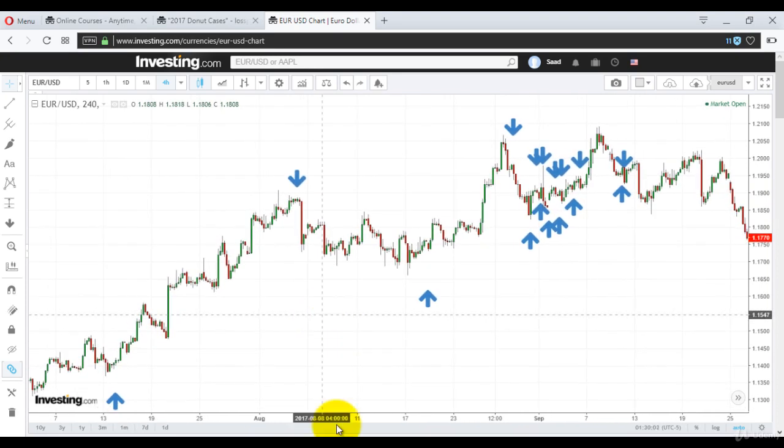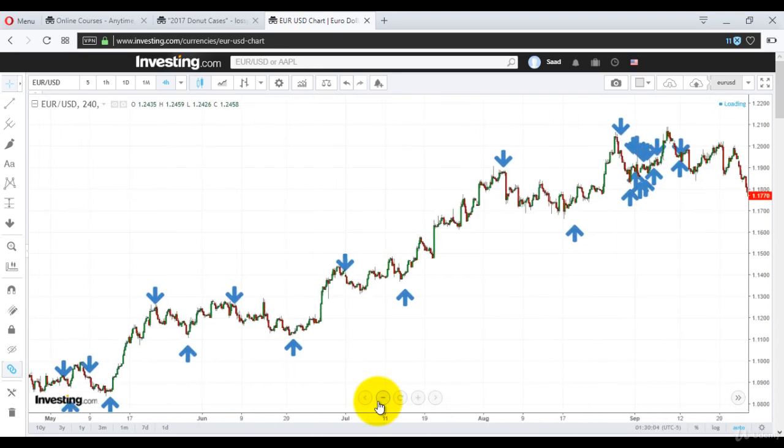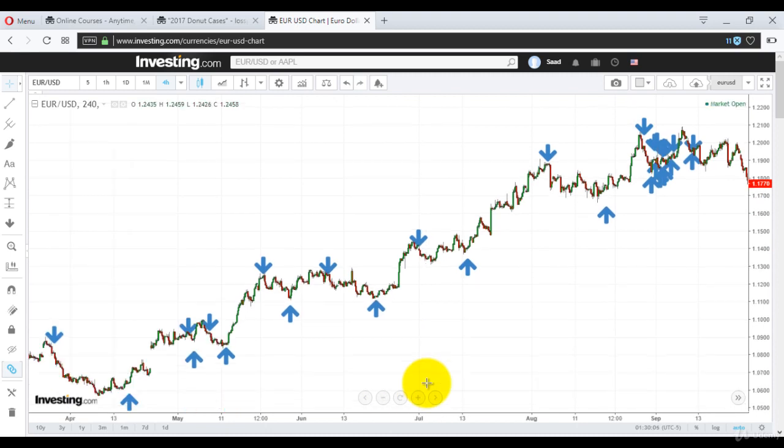Wait a minute. Yep, right here. Let me just zoom out to show you. Now, although you cannot see the colors completely, just look at the biggest gains. This was the biggest gain. This was the biggest gain. This was the biggest gain. Now look at the biggest 4-hourly falls. This is one of the biggest. Now on the chart, you're seeing the start of April till September end. So it's April, May, June, July, August, September. 6 months. Within 6 months, in the initial